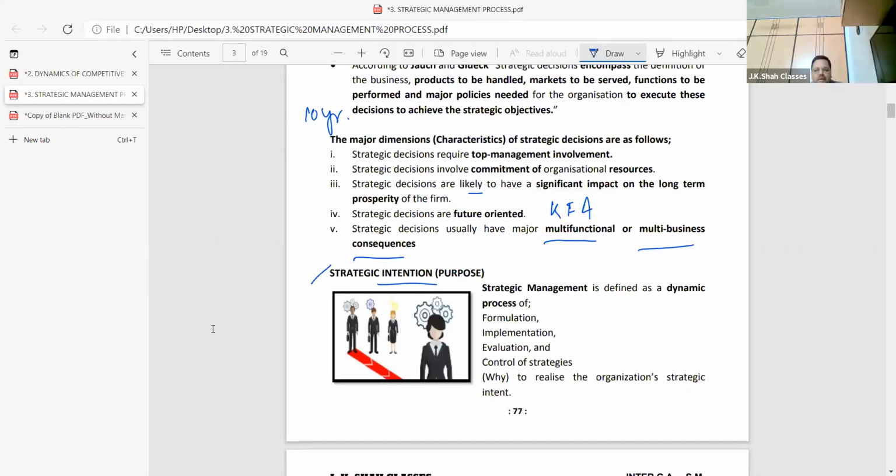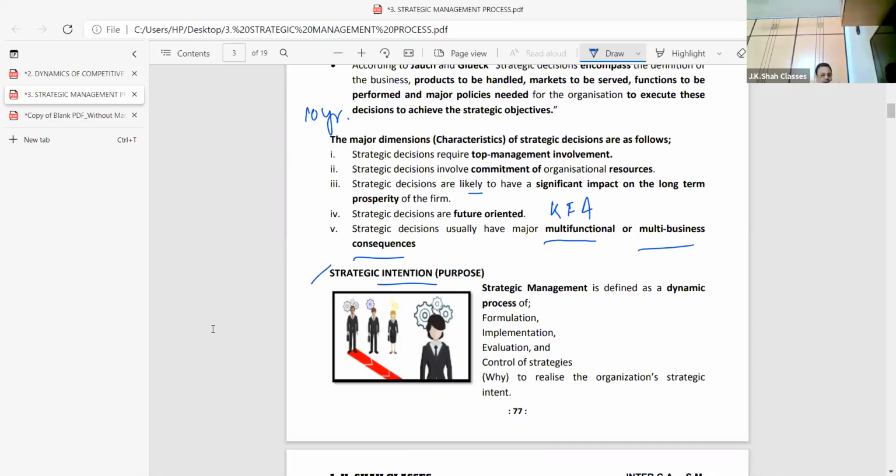What do you want to accomplish? Right now you are in the CA intern. That is your mission. Please listen. So on that basis, if you have intentions, then there are companies. Companies have three levels of management. The top level, the middle level, and the lower level. These three levels of management have their own intentions. And those intentions are expressed as, now listen, corporate level intentions will be vision and mission.